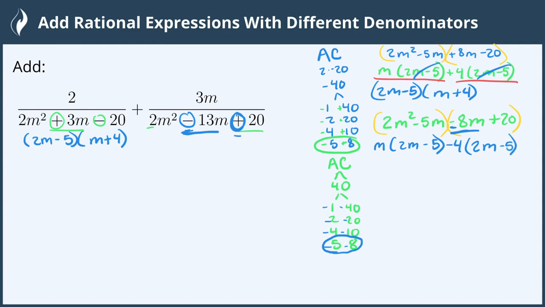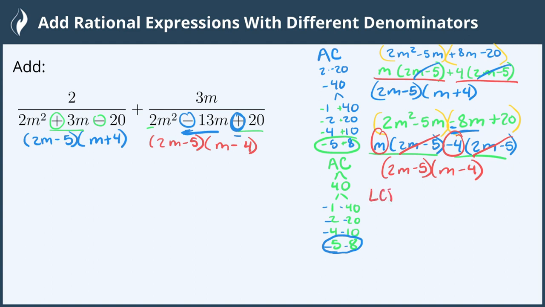Now we have our two larger terms here, and the common factor is 2m minus 5. So we'll factor out 2m minus 5 from both of those, and we're left with m minus 4. And so our denominator for the second one is 2m minus 5 and m minus 4. So let's look at all of these together to find the lowest common denominator. We'll line up all of the factors, 2m minus 5 for the first, m plus 4. Then for the second, we have